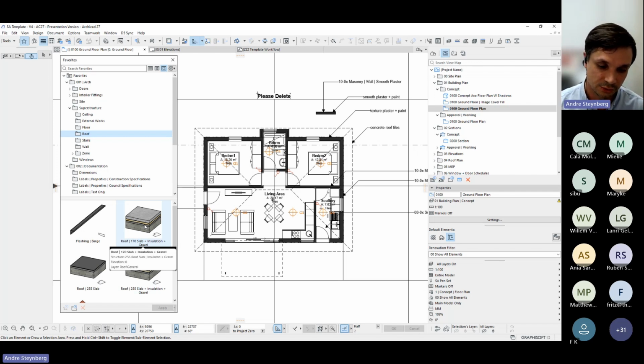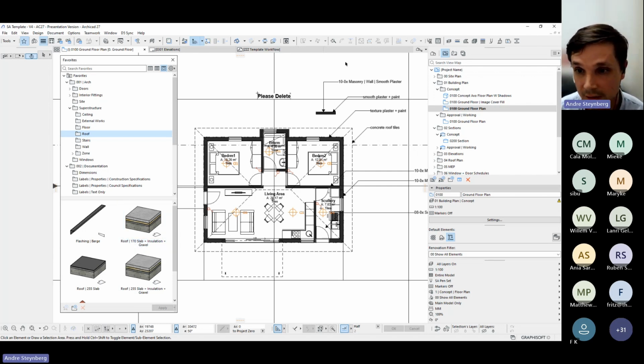So once you've finished modeling, your model is information rich. You can only extract the information. There is no process of adding information on top of your model. It is integrated in it. And that is a big time saver, as we'll show